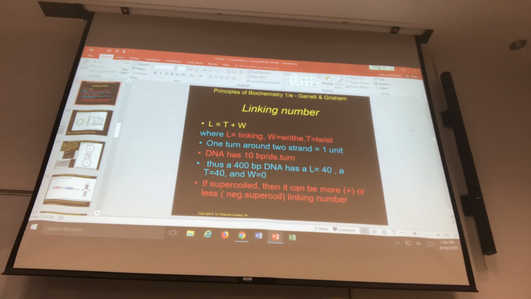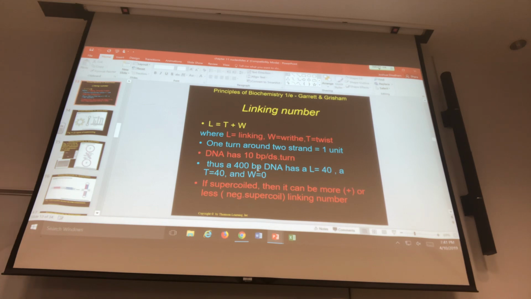So how to solve this type of thing? Basically, you have a sample of DNA that is some base pairs long. It is B DNA, and even if they don't tell you it's B DNA, you assume it's B DNA, which means there's always going to be 10 base pairs per turn, 10 base pairs per twist. So if something is 400 base pairs long and it is in the relaxed form, you can calculate the number of twists and the number of writhe